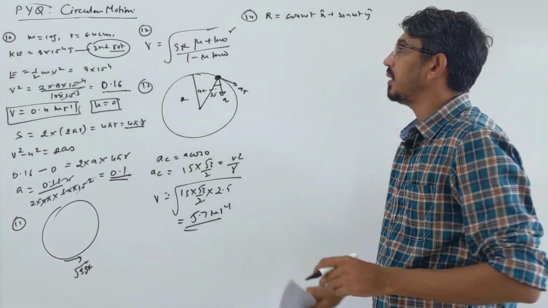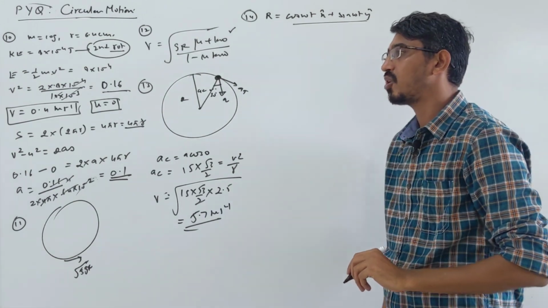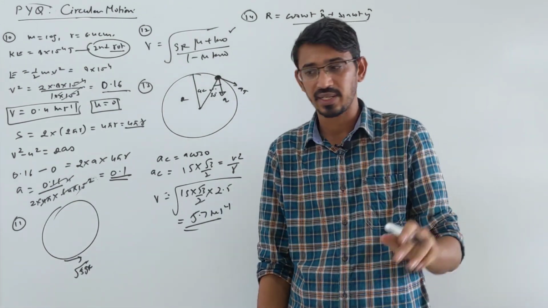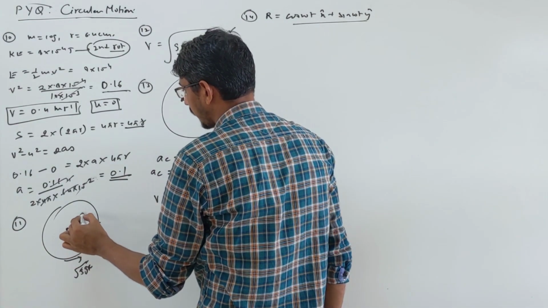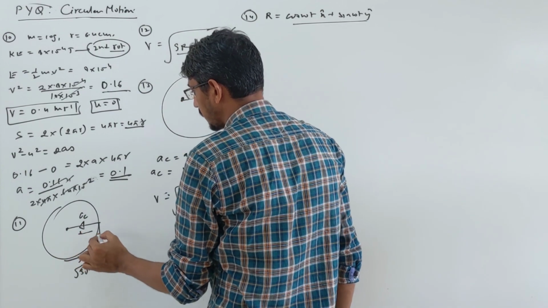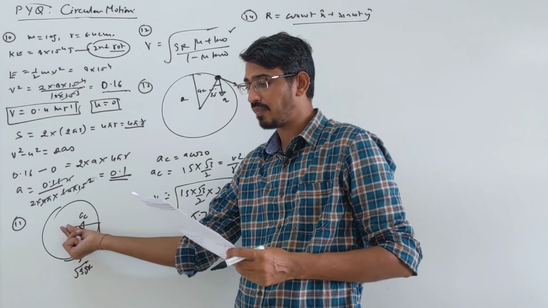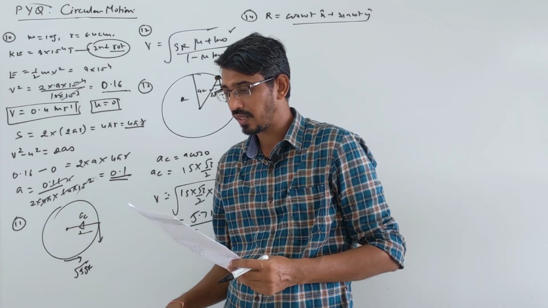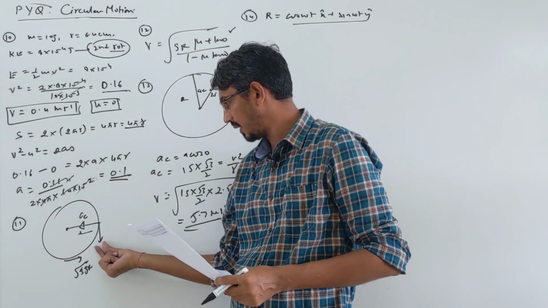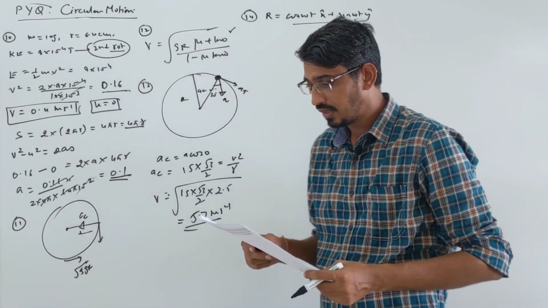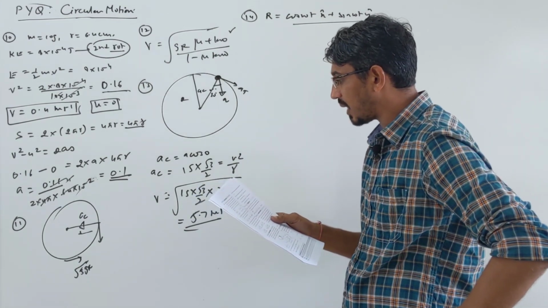Here you see that this is uniform circular motion. Speed is constant. In uniform circular motion we have only centripetal acceleration. You know how the centripetal direction looks. This is the centripetal direction, AC. This is the radius, and this is the velocity. So they are not all perpendicular. The radius and acceleration will be in the same direction. So this statement is wrong. They said velocity and acceleration both are perpendicular to radius. No, velocity is perpendicular, but acceleration is not. Second, velocity and acceleration both are parallel to R. No, velocity is here, acceleration there, radius there. All are not parallel. This is also wrong.